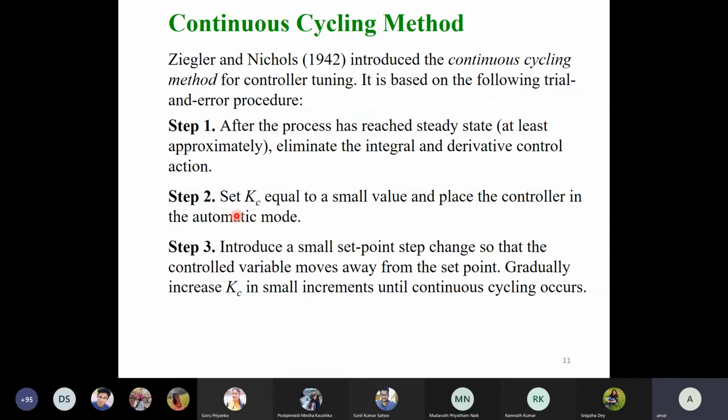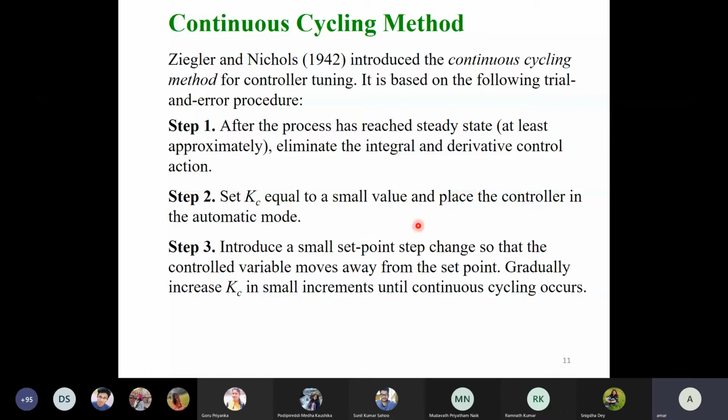And then he introduced a small set point step change so that the controlled variable moves away from the set point, and then increased the Kc in small increments until continuous cycling occurs. So what is continuous cycling? Continuous cycling is basically a sustained oscillation with a constant amplitude,